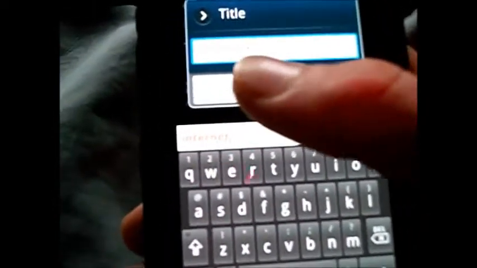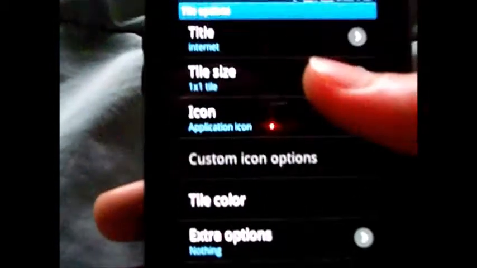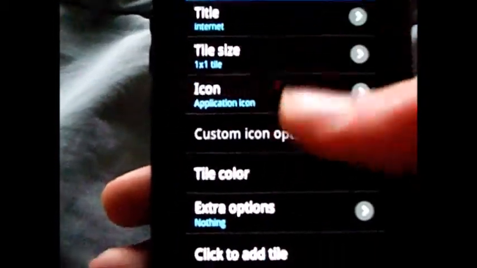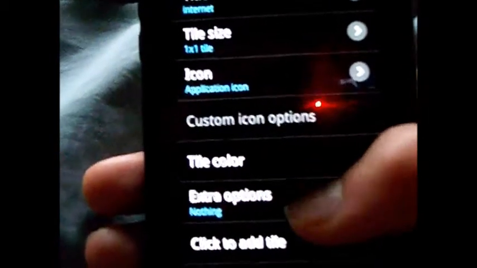So you can change the title. I don't want it to be Opera Mini, so let me just make it Internet. See if I can type through the camera. Internet. Alright. And then you press OK. And then you can change the tile size. I'm just going to make it 1x1 for usability. You can change the tile color, extra options,